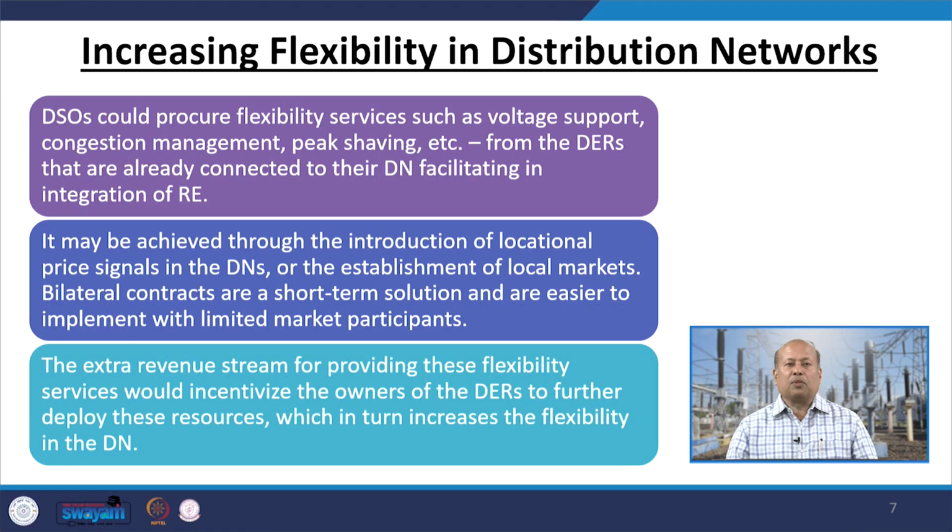That mechanism is also known as a bilateral contract, and it is a very short-term solution, maybe for a couple of hours, that is easier to implement with limited market participants. Today, these concepts exist in your transmission system. However, for the distribution system, these kinds of markets are not so common because of the non-availability of a DSO mechanism. Once we have a DSO mechanism, it will probably be very easy for everyone to exercise, as a kind of small, low magnitude transaction between two consumers over medium distances.